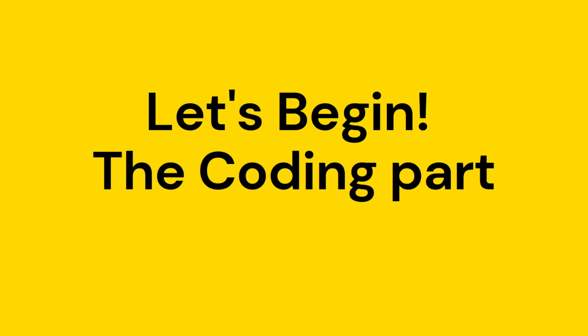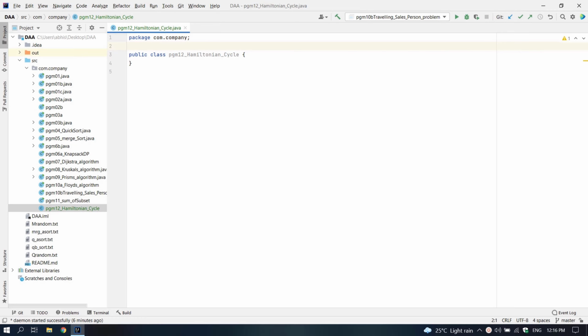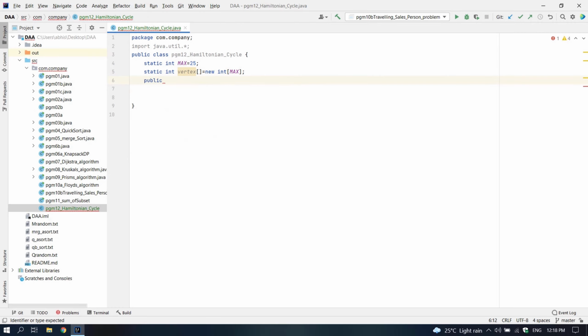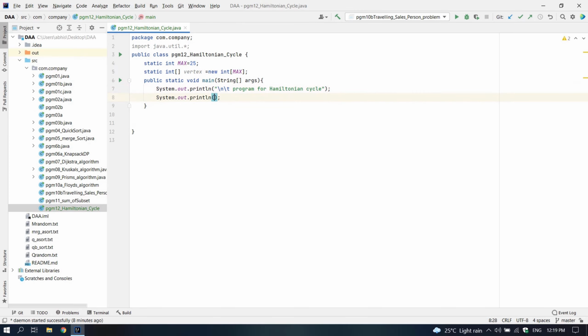So now let's start the coding part. We will start with declaring an integer variable max that is equal to 25 and an array vertex which will store our answer. We are going to write our main method first. We will ask for the number of vertices and will store it in a variable called n.